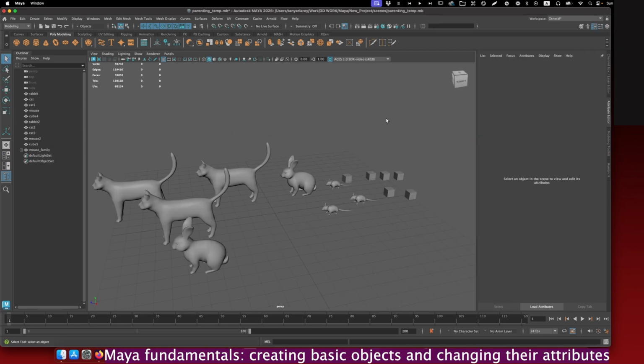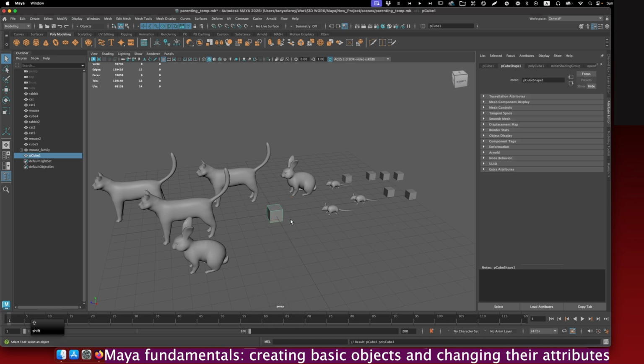Now let's quickly look at how we create new objects. If you remember from my previous videos, when nothing is selected and you press Shift and the right mouse button, Maya gives you different objects to choose from that you can create and start modeling. Let's start with our good friend, the cube. Since this is one of the objects that I created in Maya, not imported, it will have some settings that